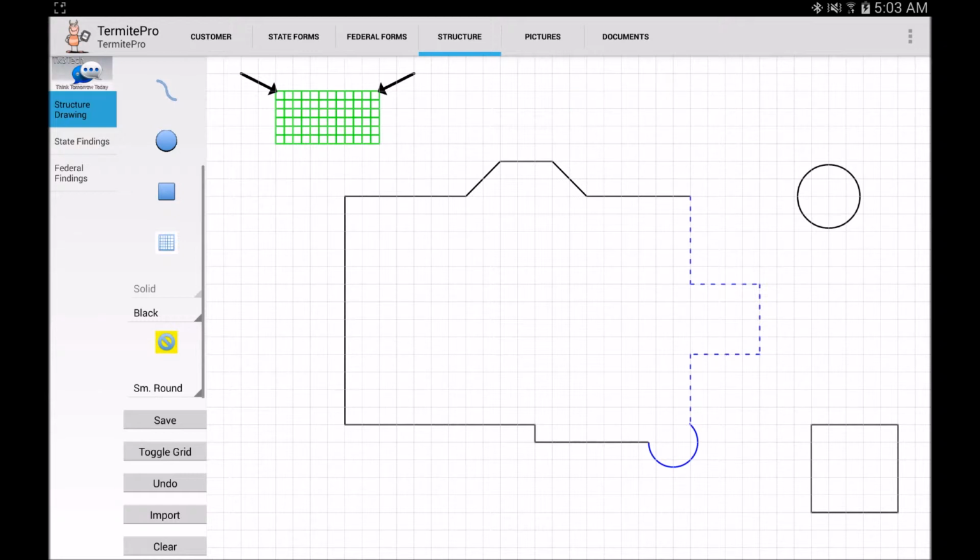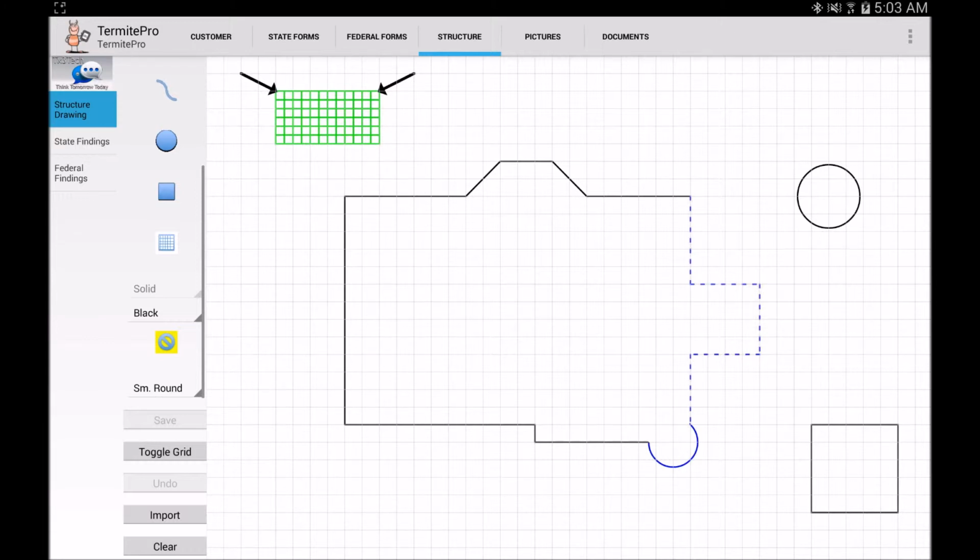Now we're going to go, let me see if there's any other features in here we didn't cover. I think we covered everything. So at this point we want to hit save. This is really the only time that you save anything within the app, because what this does is it saves